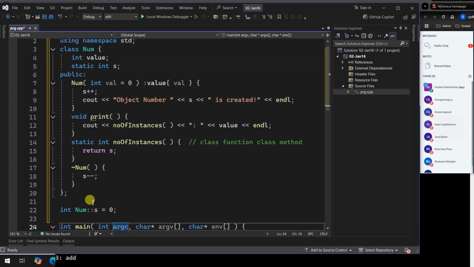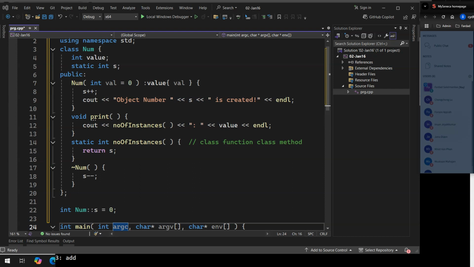What is the difference between a class and an object? Let me see if Muskan can tell us.